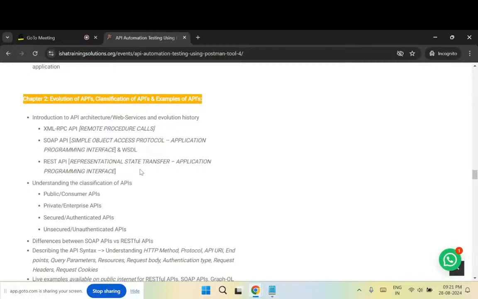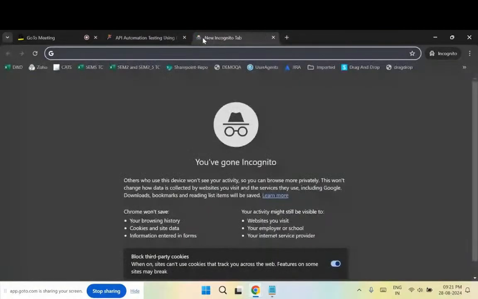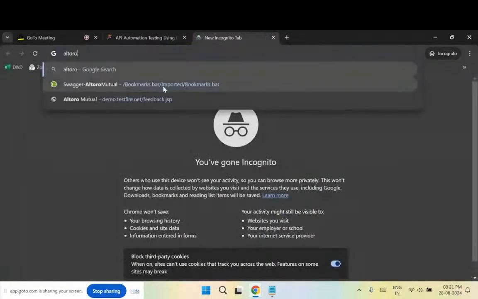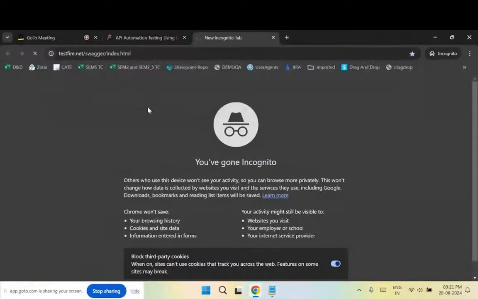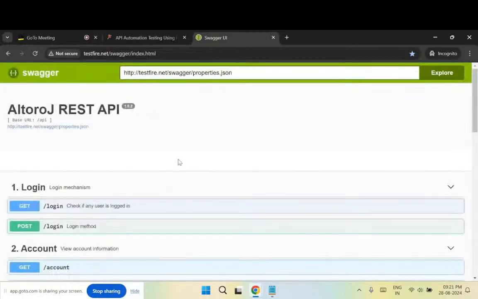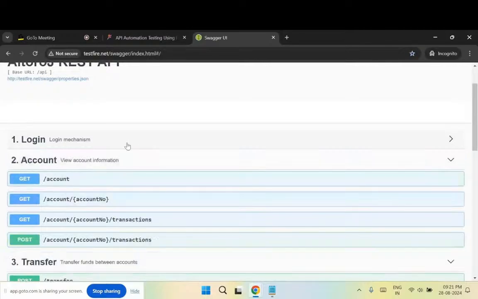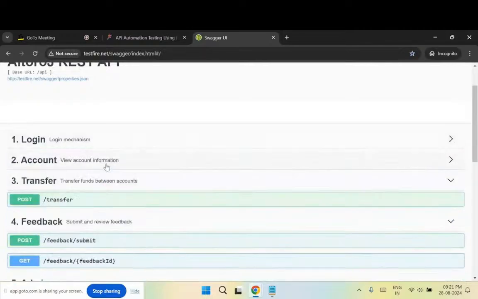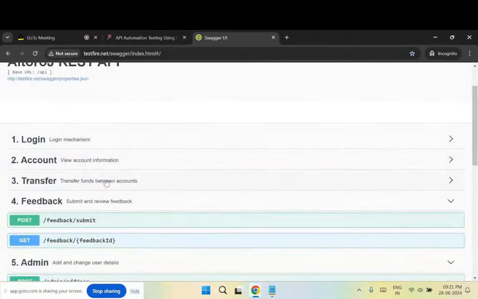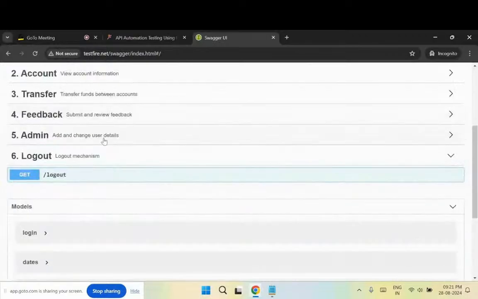See, I also have a banking example. If you want, I can quickly show it to you. This is a banking application in Swagger format. We have two APIs in the login module, four APIs in account, one API in transfer, two APIs in feedback, two APIs in admin, and one API in logout.